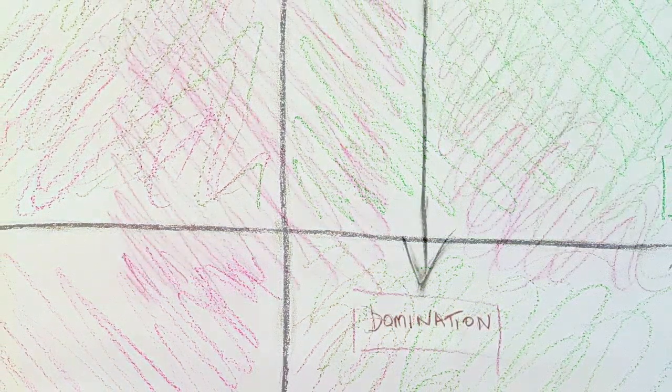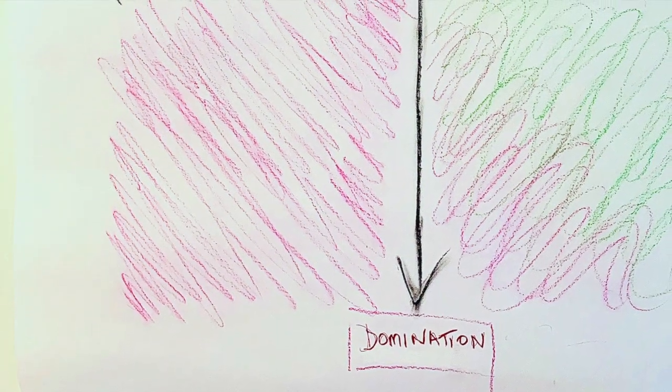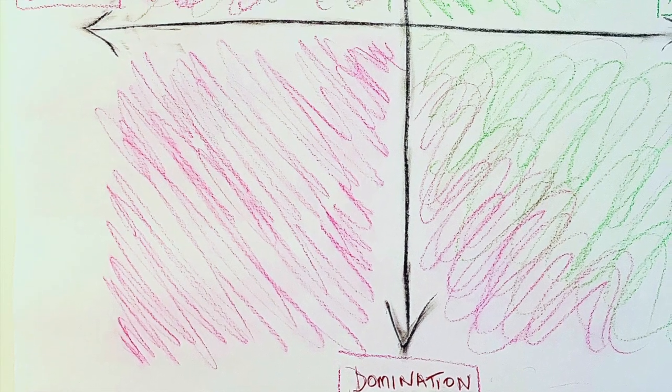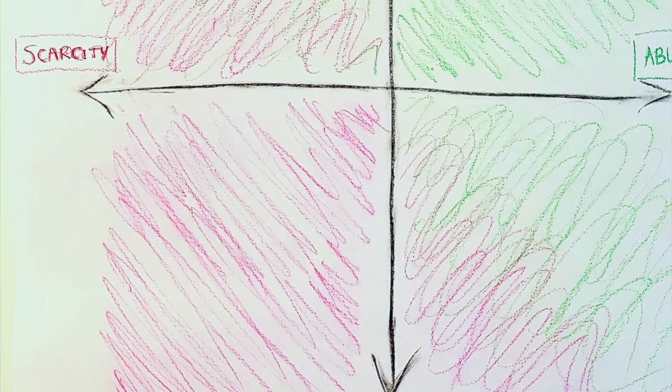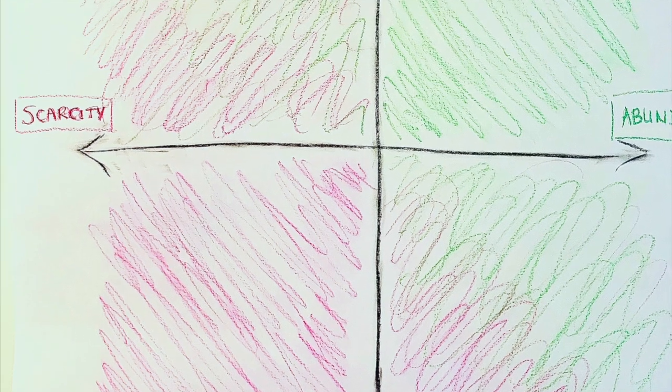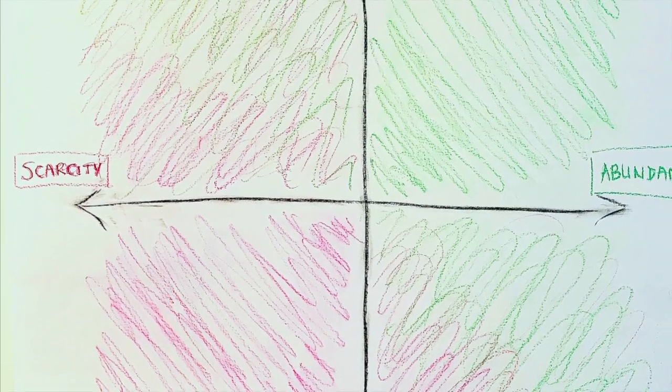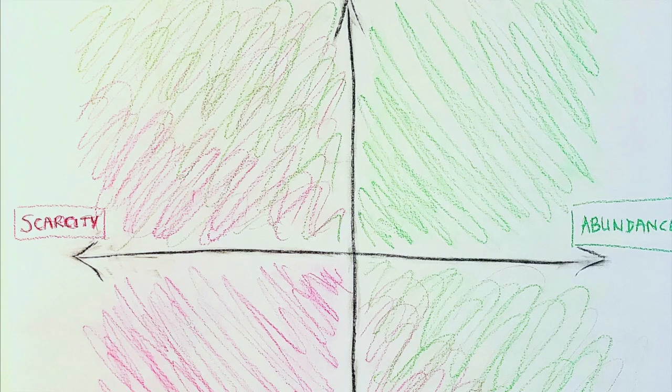One day, after a conversation with my friend Eli, I drew a 2 by 2 matrix that sought to understand the relationship between factors that seem to be related but different, specifically domination in relation to partnership, scarcity in relation to abundance. But like any model, I knew it was wrong. And so after I walked by it a bunch of times on a giant sticky in my hall and wondered